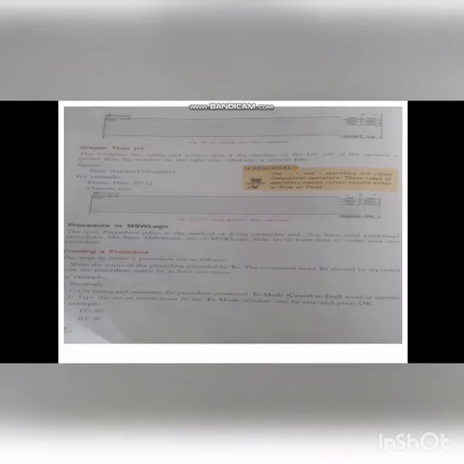Next one, procedures in MSW logo. A procedure starts with the word TO followed by the procedure name, and at the end you have the END command. First, write the name of the procedure preceded by TO. The command word TO should be separated from the procedure name by at least one space. Here you see the example, TO space rectangle. So rectangle is the procedure name, TO is the procedure starting word.